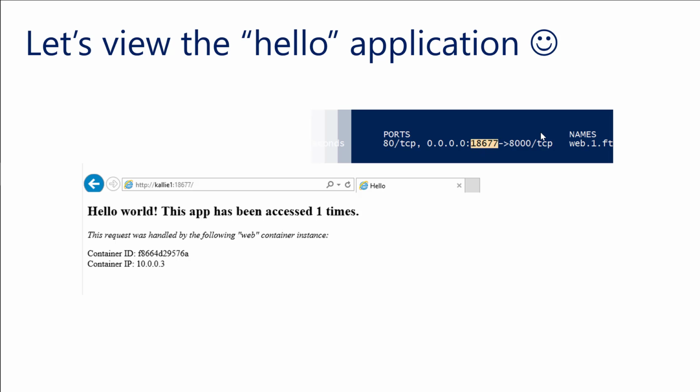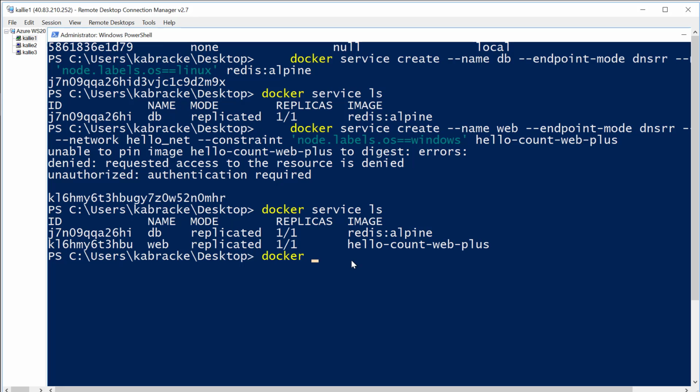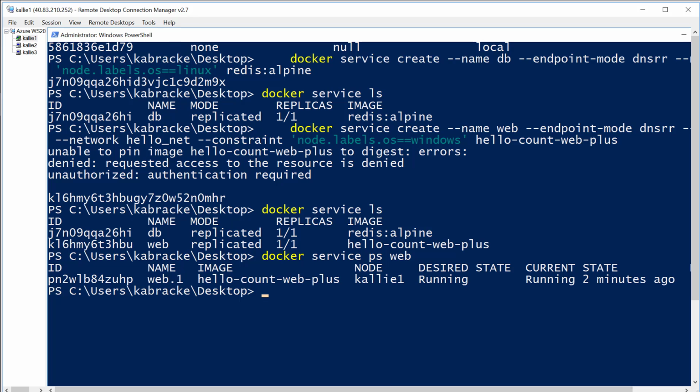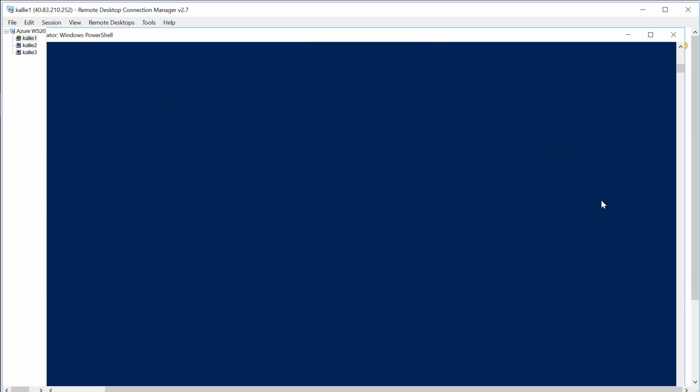So we can go ahead and actually view it. Because of that publish host argument that I gave the web service, the container instance for the web service is available via published port on its host. So let's go and investigate that. If I go docker service ps web, I can look at the processes specifically running for the web service. In this case, there's just one, this web.1 container. I can see that it's running on Kali 1, so it happens to be running on this node, my manager node. And then if we scroll over,